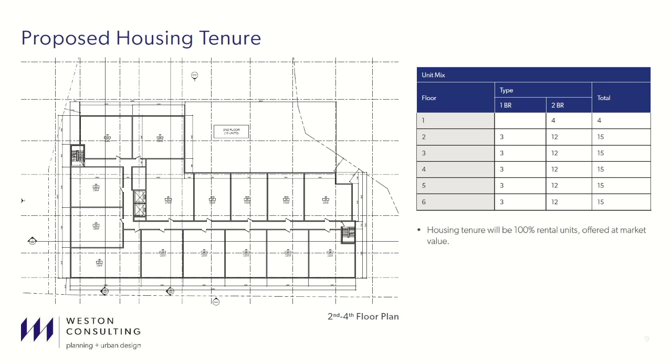The proposed floor layout of the building is uniform on floors 2 through 6, with 3 one-bedroom units per floor and 12 two-bedroom units per floor. The proposed development of rental apartments, we feel, and our client feels, will improve the variety of housing options seen in Aurora. Certainly, in their determination, there is a limited availability of rental units which can be afforded to a greater portion of the population.